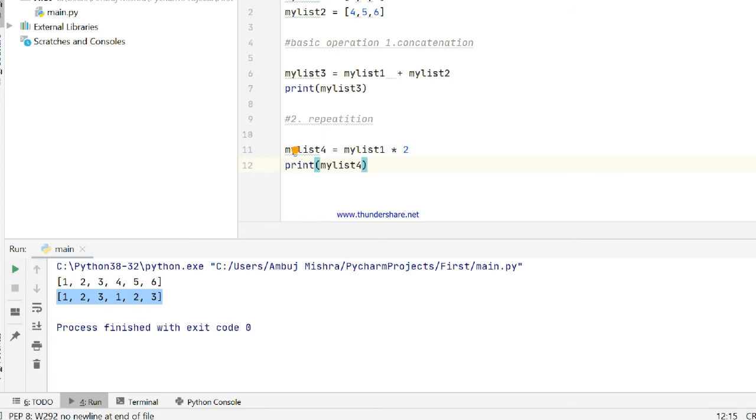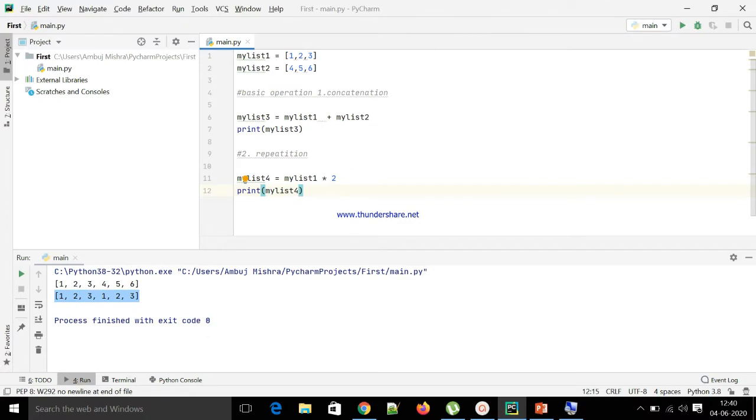Now in this way you can create a list. I have shown you how to create a list. Simply you have to declare a variable first and after that you have to initialize that list. My list 2, my list 1, I have initialized these variables with the lists. After that, after the creation of the list, if you want to access the element of a list,